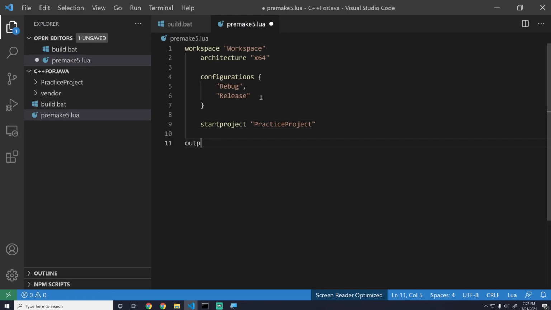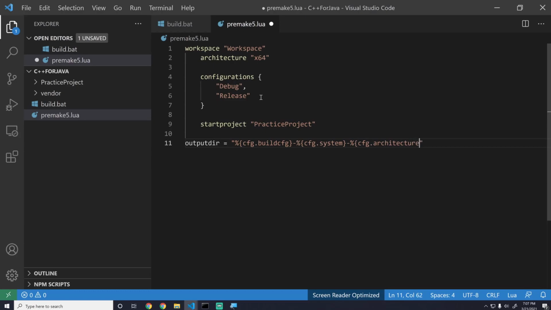Then another thing I like to do, which I copied directly from the Cherno, is create this output dir thing. Okay. And you basically say, I want this to be configuration.buildcfg. And this is Lua, just straight up string concatenation and string formatting. So this is how you would do that in Lua, I believe. And then we will use cfg.system. And these are all just variables that Premake gives us, right? So we'll be buildcfg, then system,